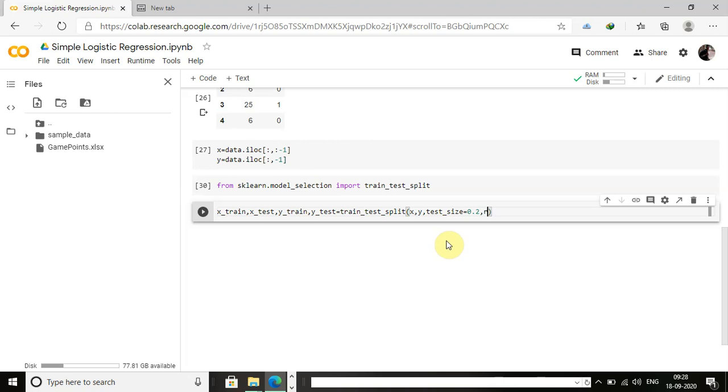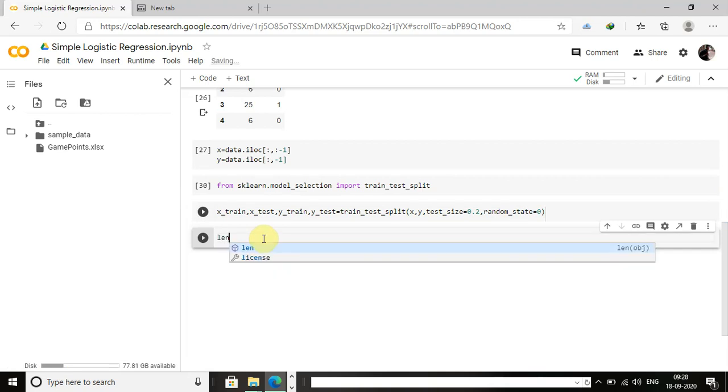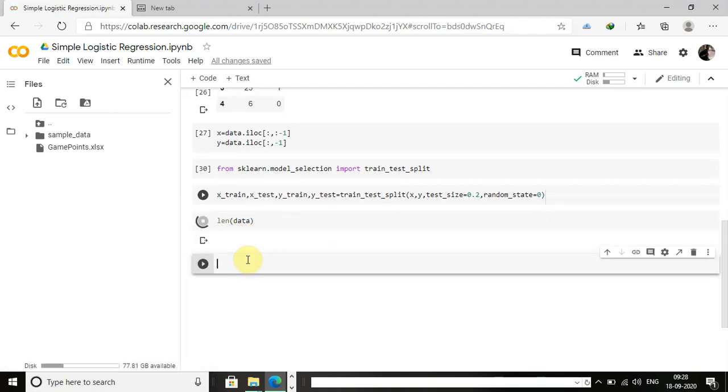Then I have to initiate another variable, random_state equal to 0. Now if I check the length of my data, it is 518.